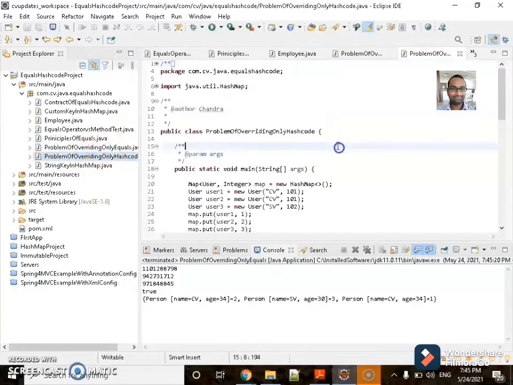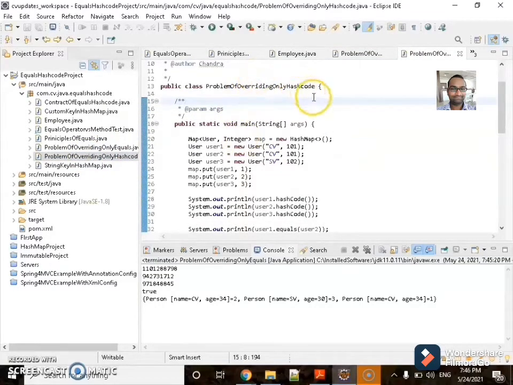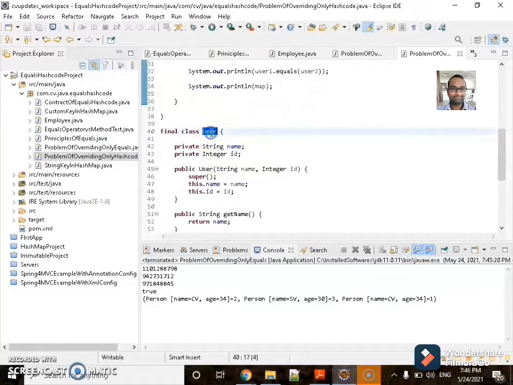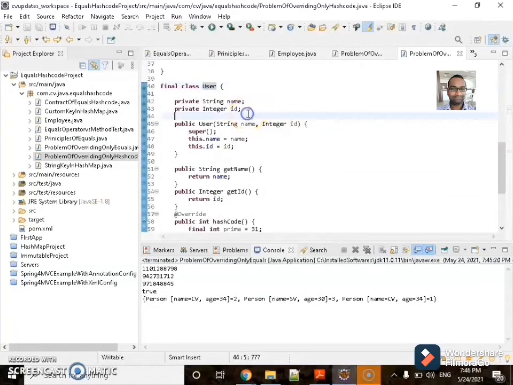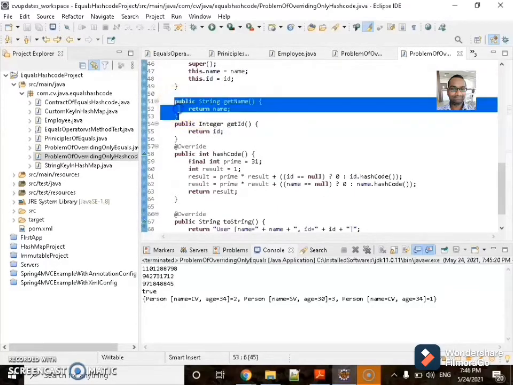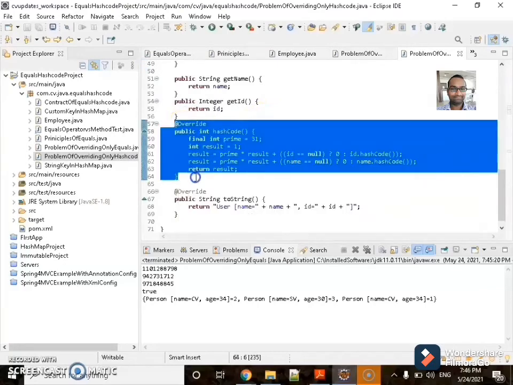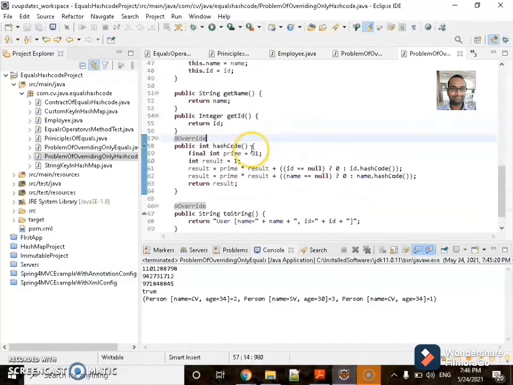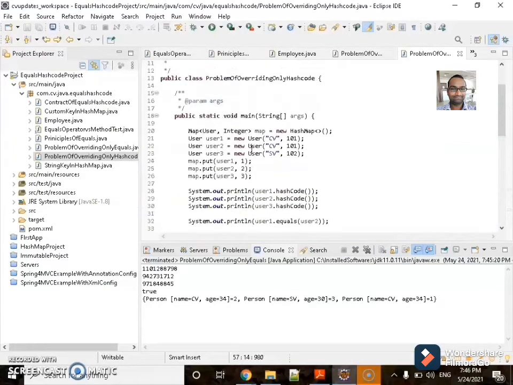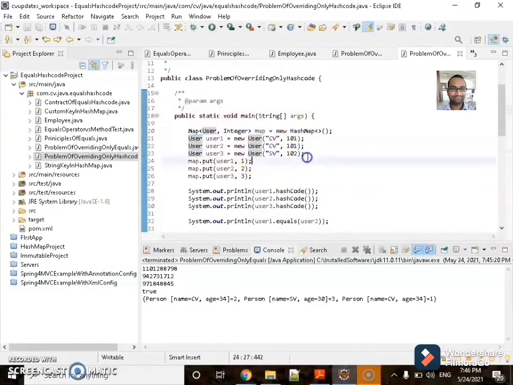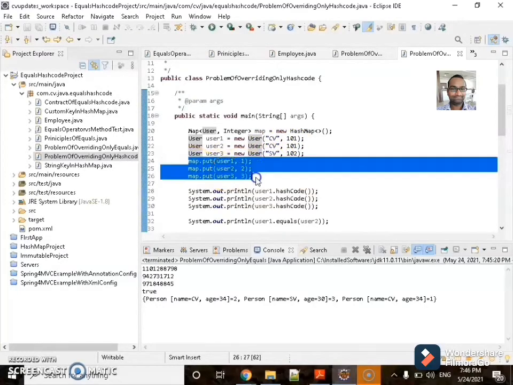The other example: the problem of overriding only hash code method. I have taken here a user class with a name and ID. Same, I have written a getter and a constructor, and I have overridden hash code method. I have written a toString method here. What I am trying to do is create a hash map, taking a user as a key. I have created three users, two with the same values, and I am trying to put these users into the map,